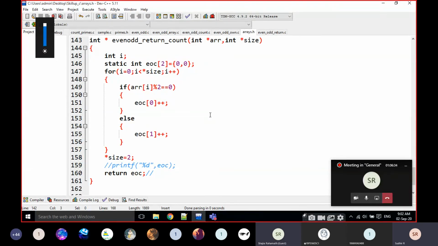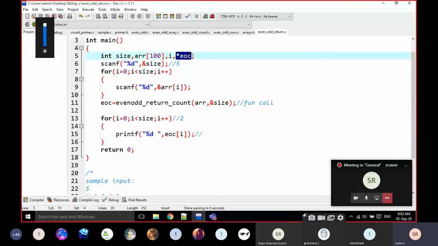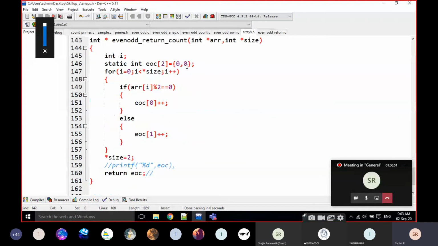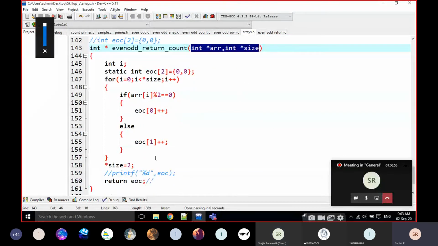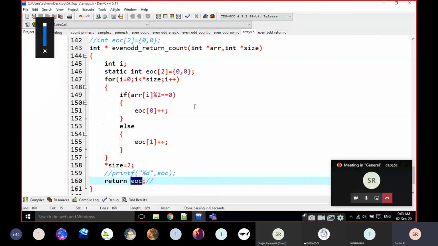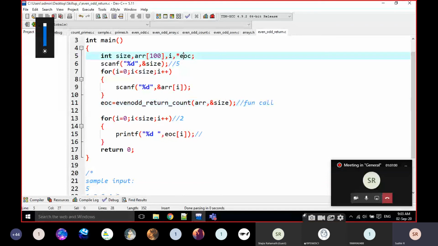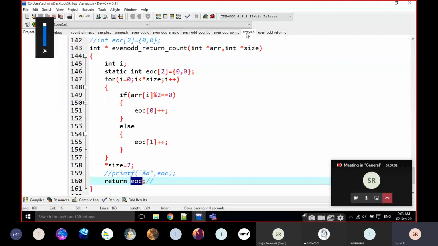Here I am passing the address of the array, that's why I am catching it with a pointer. Every time you pass an address, like here I am passing the address of error and the address of size, I am catching them with pointers. Here I am returning the address and catching it with a pointer. Simple thing, just note it down.